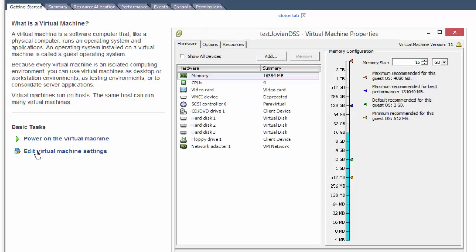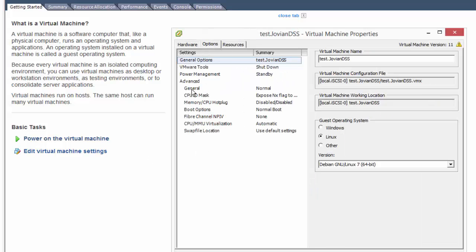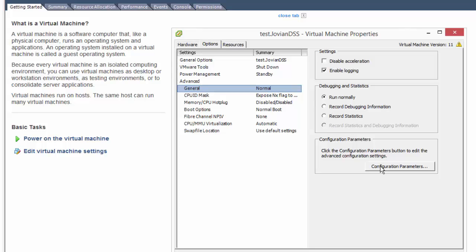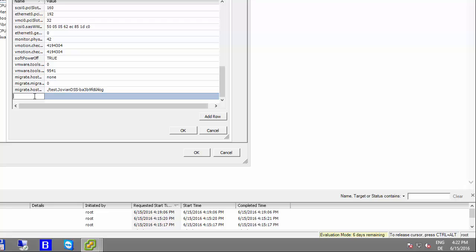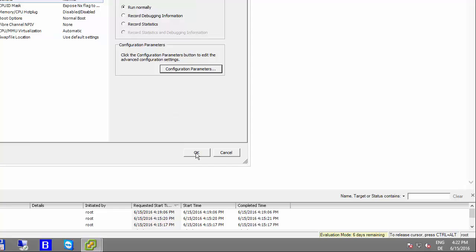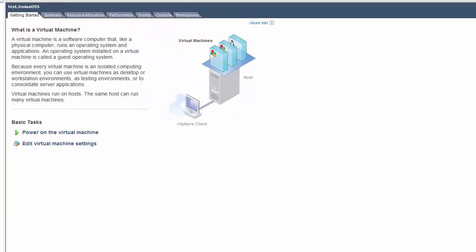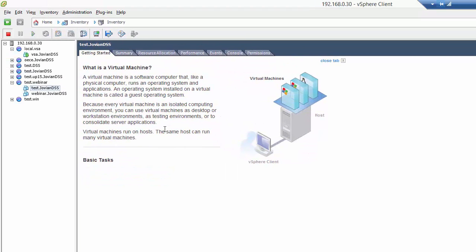Okay, so now you go to configuration parameters, add row, and that's disk.enableUID equal to true. Okay, so now we have the option for disk by ID enabled,